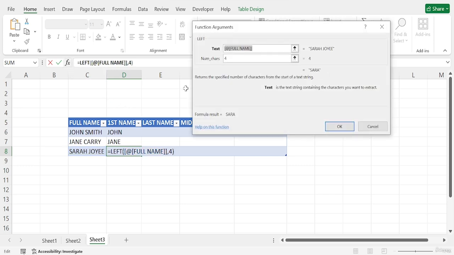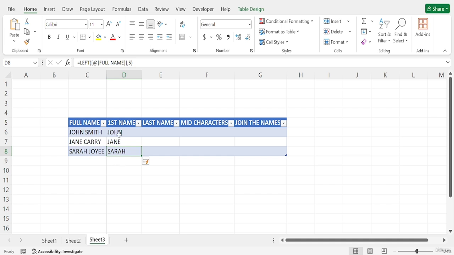Let's see what happens if I add 5 characters and press enter.